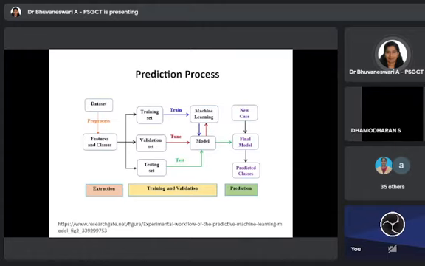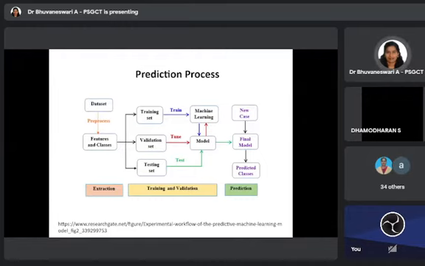The data set after extraction and pre-processing will be divided into three sets: the training set, the validation set, and the testing set. The training set has the majority of the data, because it should have all kinds of permutations and combinations of the data fields, so that the model is trained and it can predict